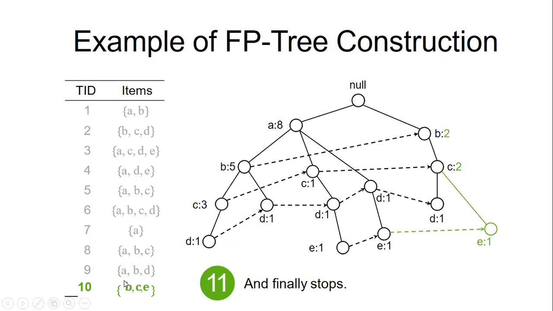Suppose if it is C, D, E, we would have to create a new branch, but it is B, C, E. So here it is B, C. C is already there. B, C, D is there, but we want B, C, E. So one more branch from the C we draw. So B, C, E. Okay, it's very simple. So here B, C, E. So E we just connected.